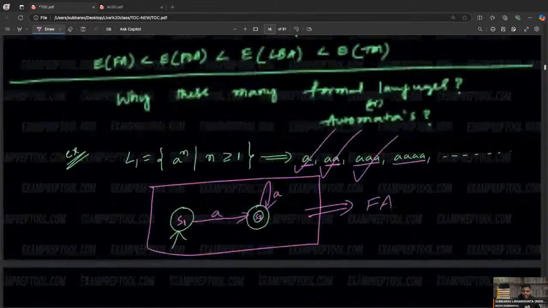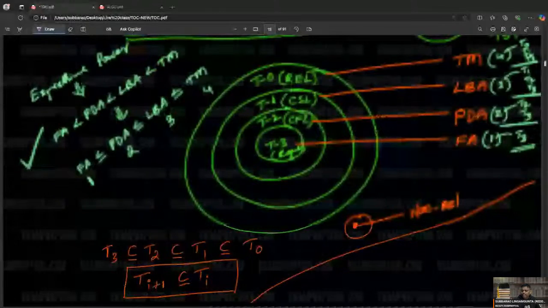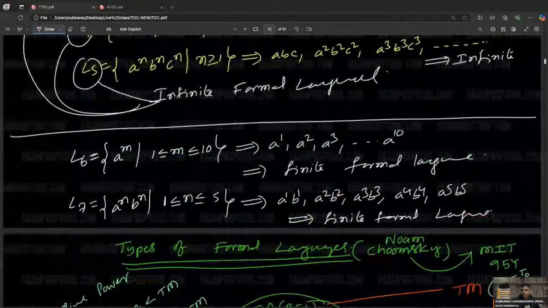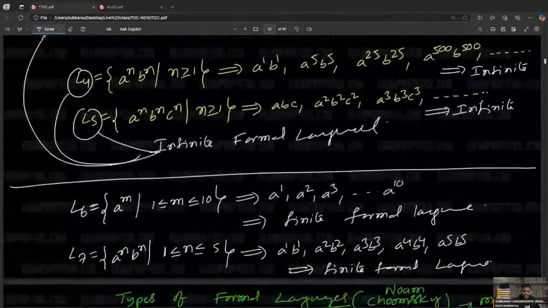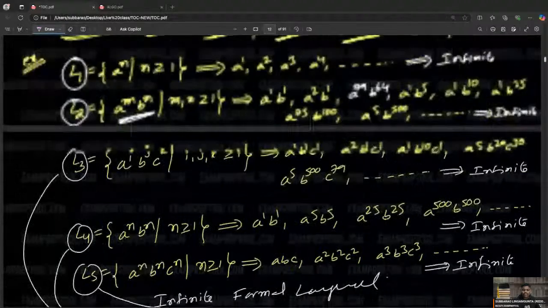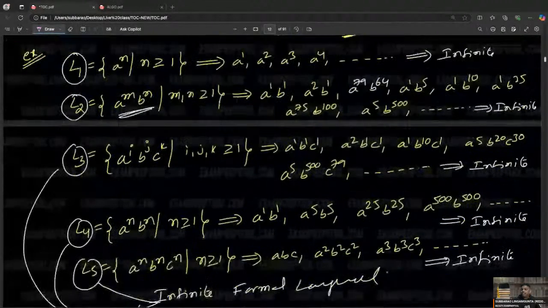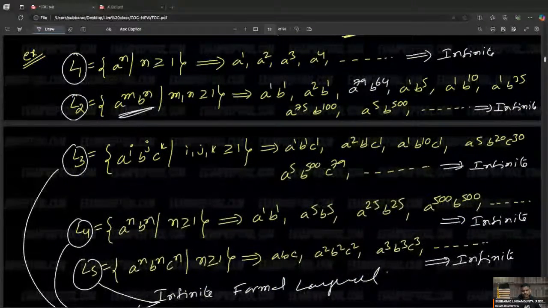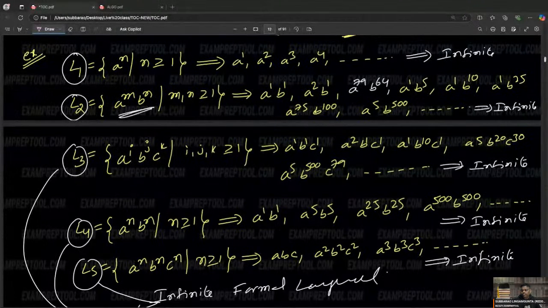One more formal language I will take, because I cannot draw everything here. It will confuse you. Because this is an introduction, let me write only whatever is really required. Further, anyhow, we will discuss 30 problems. As of now, only the things I require I will take. L1 is done. So I will concentrate on some other language now.